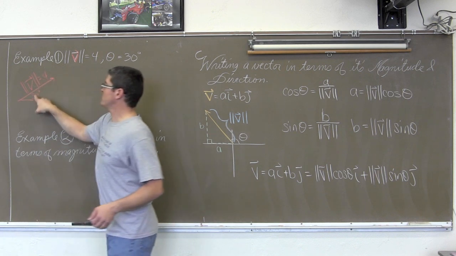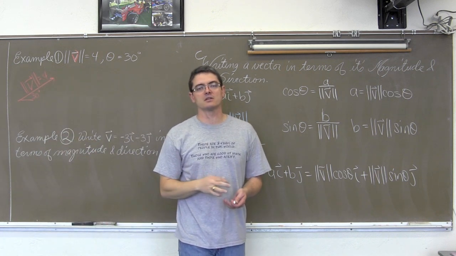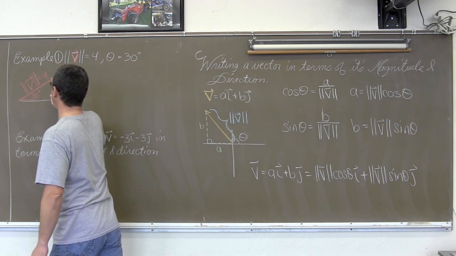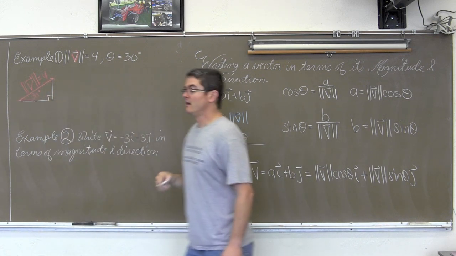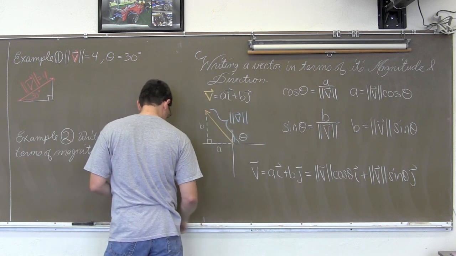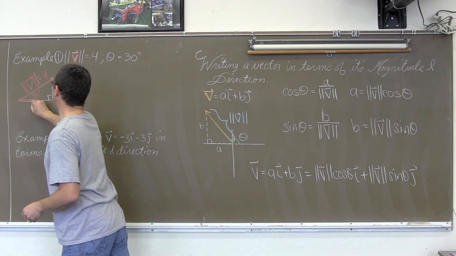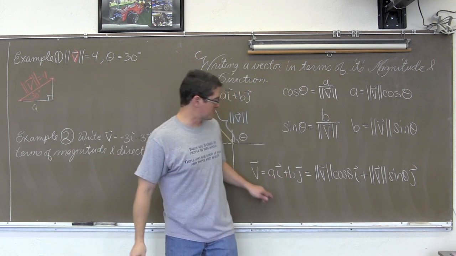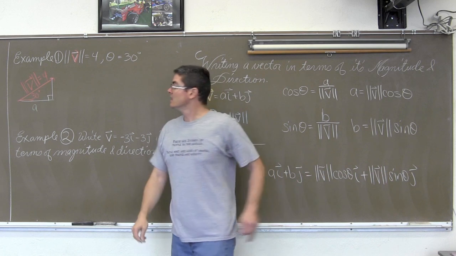So from that magnitude and that direction, I want to find the horizontal and vertical components, which means I need to make a little right triangle out of that. And how do I find this little horizontal component a? I'm going to do this from the trig that we understand and not directly use this formula, to be honest.